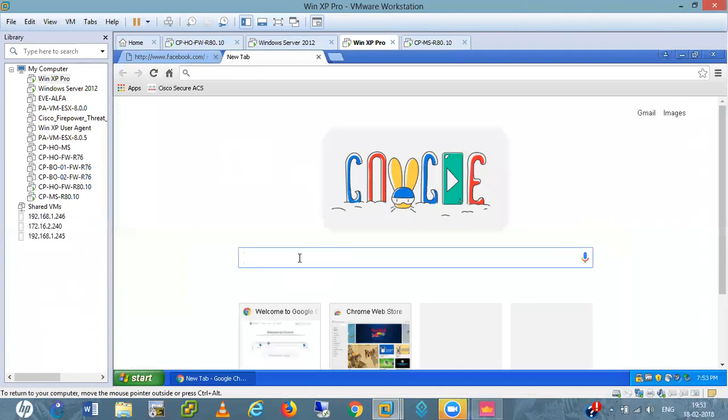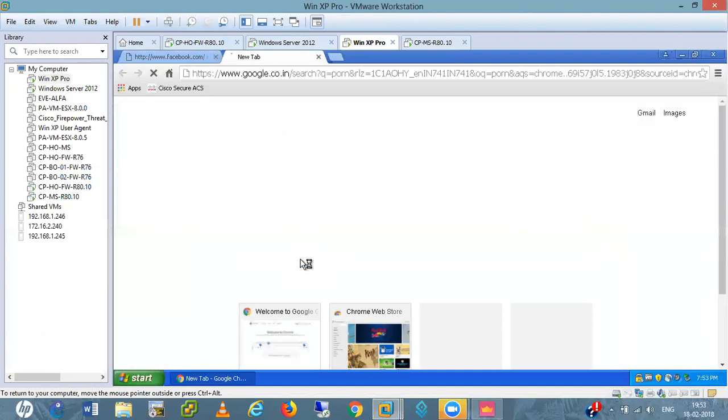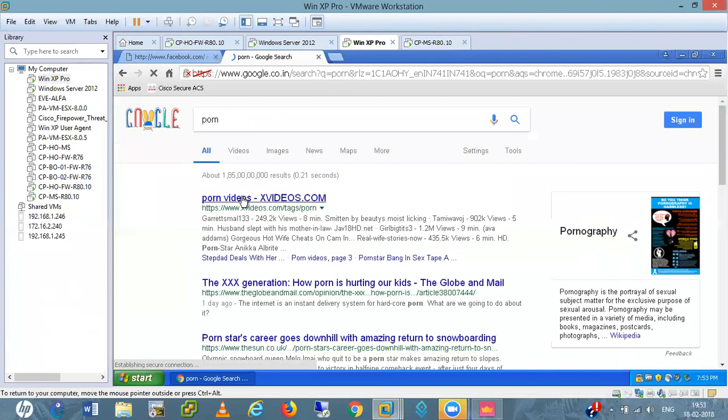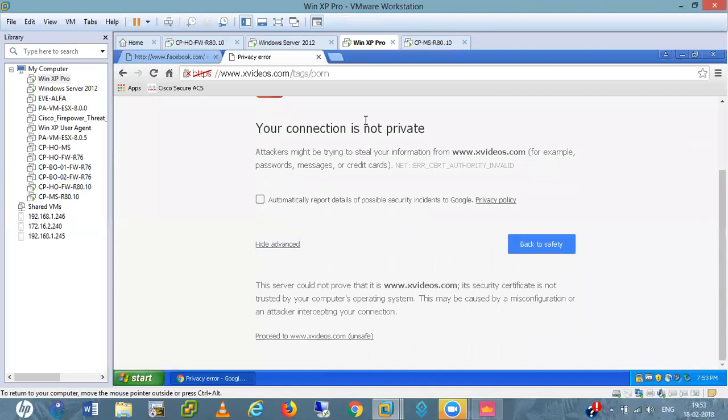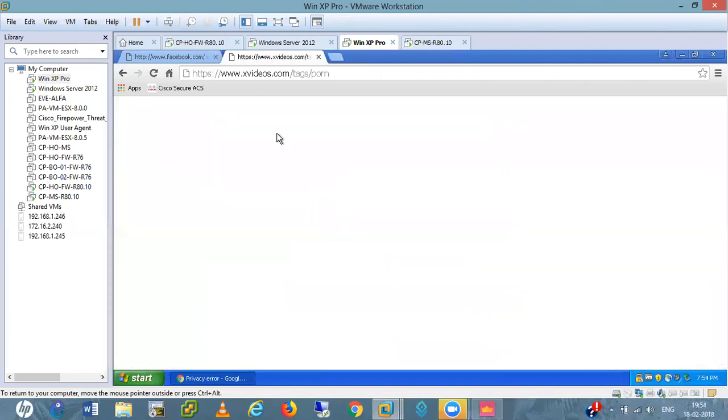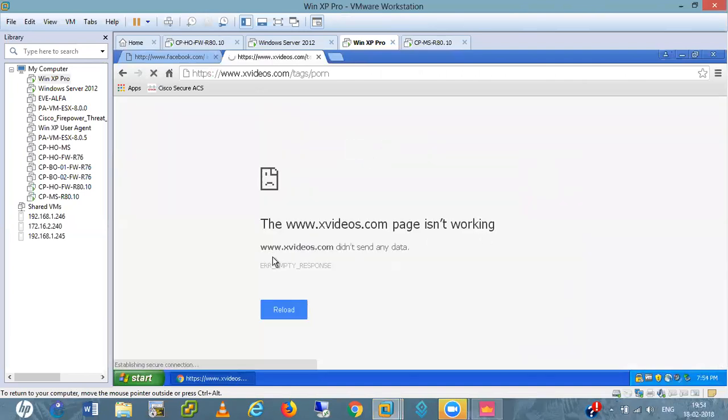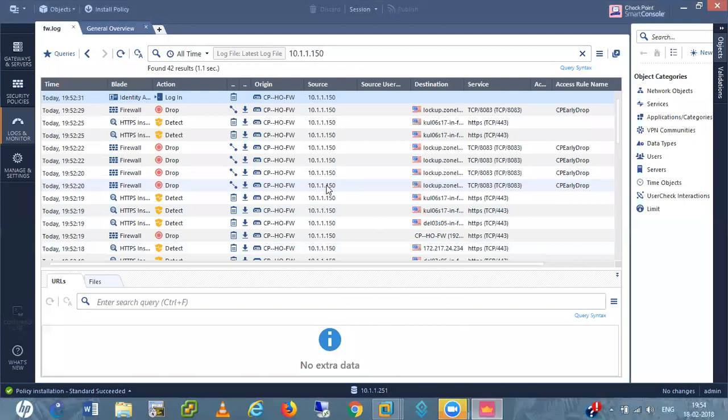If I type porn, it is not working, right? It is denying.